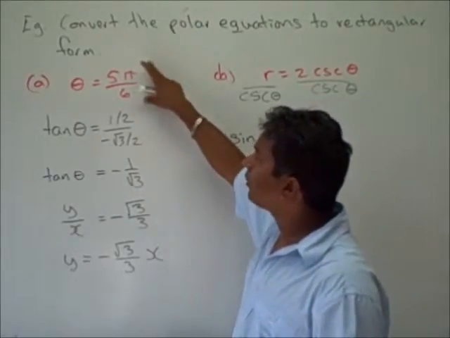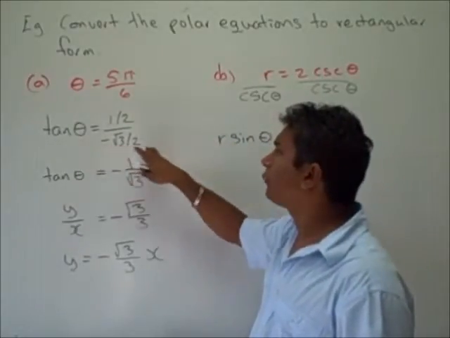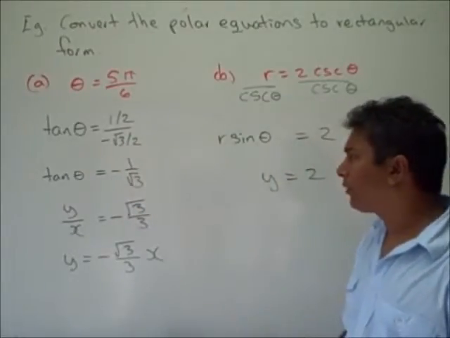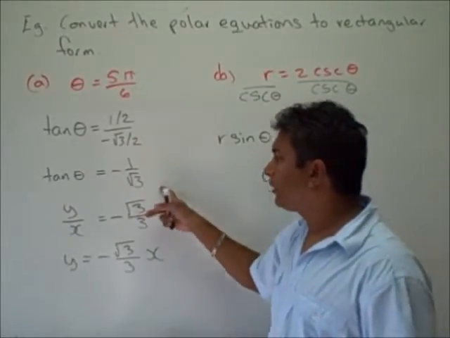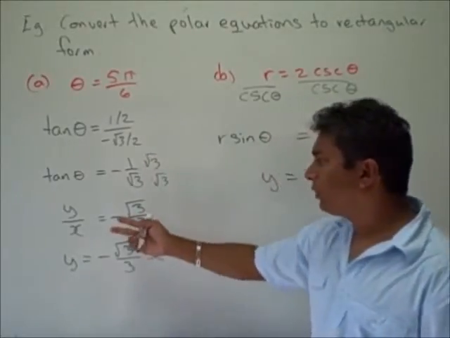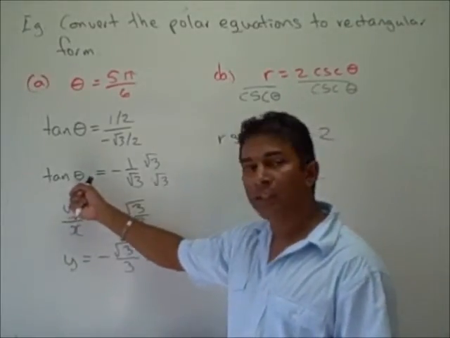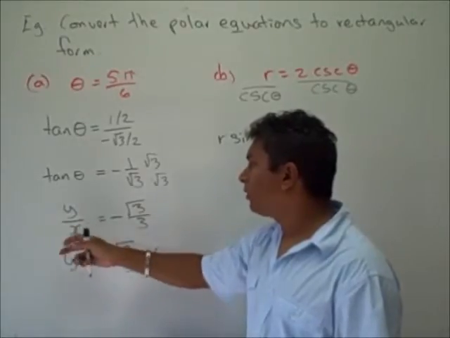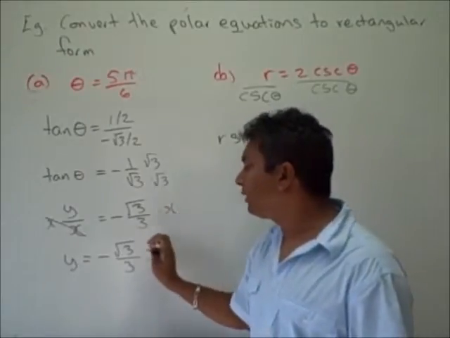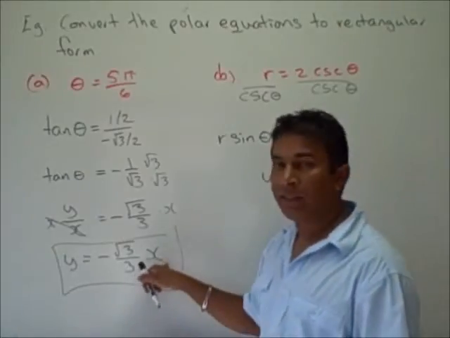So the sine of 5 pi over 6 is 1/2, and the cosine of 5 pi over 6 is a negative square root of 3 over 2. If we simplify this, this becomes negative 1 over the square root of 3. Rationalizing the denominator, we multiply by the square root of 3 over the square root of 3, and we end up with a negative square root of 3 over 3. We also know that tan theta is equal to y over x. Multiplying both sides by x,